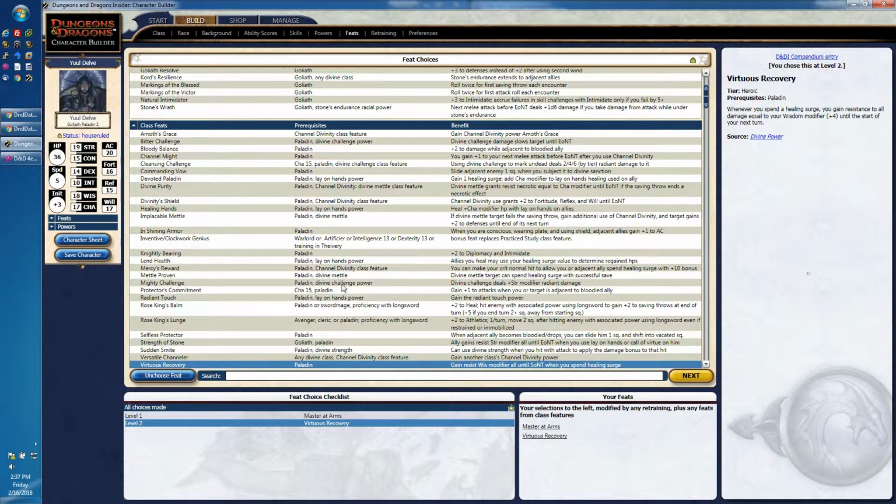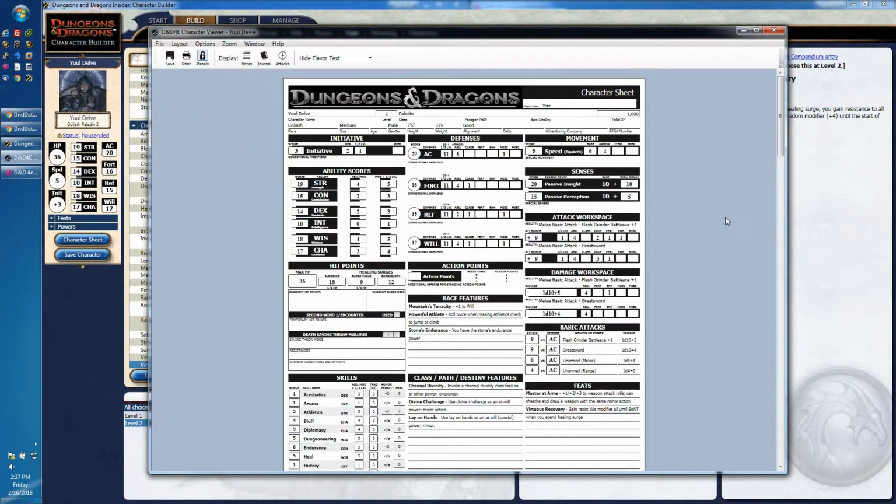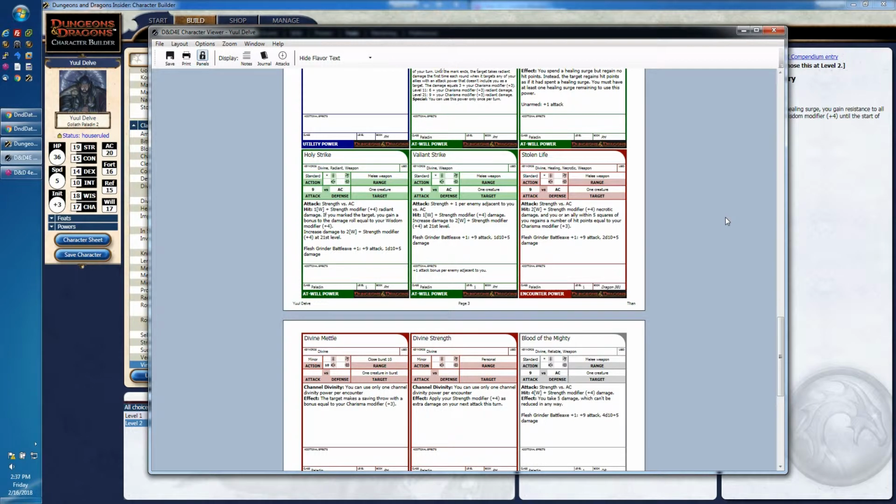Even item bonuses: if an item gives you a bonus to every power that has the fire keyword, and it gives you a +2 bonus to damage on that, that will be calculated by Character Builder, and you'll be able to see that on the character sheet, and it'll show you the calculations. I'm just trying to bring up the character sheet here. So, it does all of this work for you, which is totally awesome, but